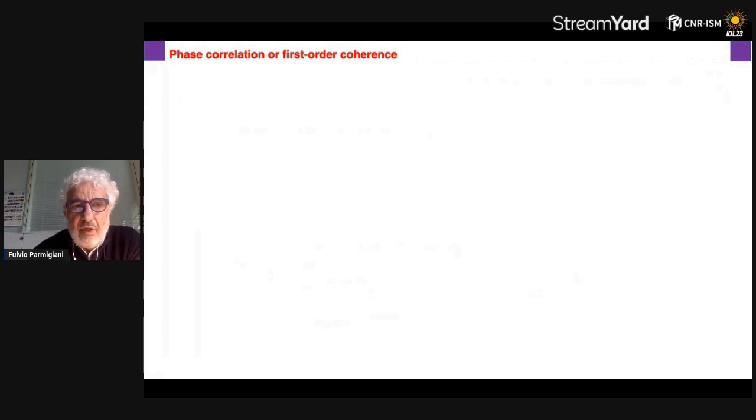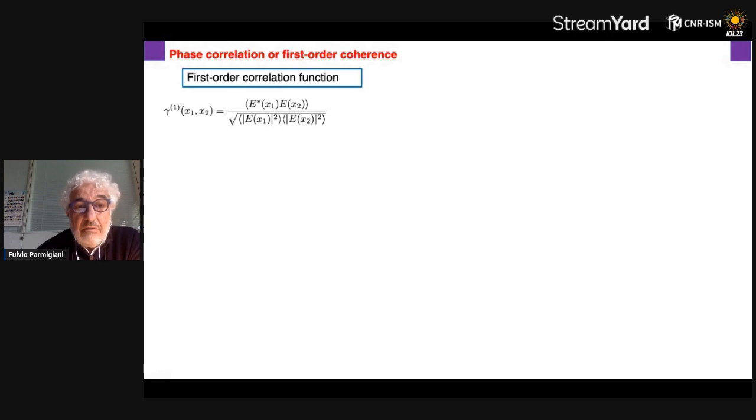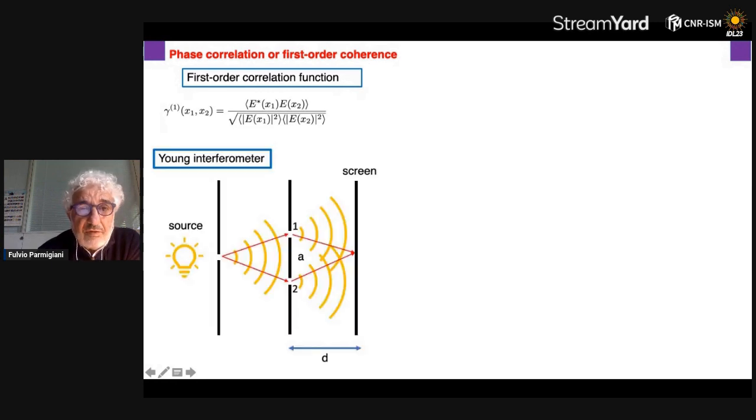How can we measure the coherence? Well, to measure what we call the first order coherence, this is defined as a first order correlation between two beams that are overlapping, and eventually is normalized to the intensity of this beam. And this can be measured, for example, through an interferometer. There are many different types of interferometer. Here we are talking about the Young interferometer, which is probably the first interferometer,